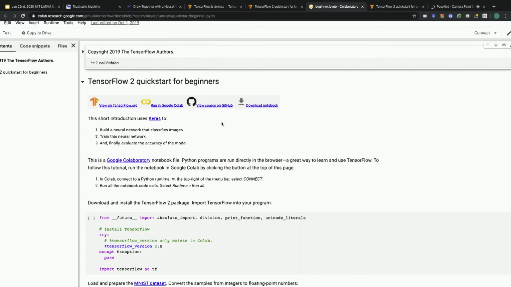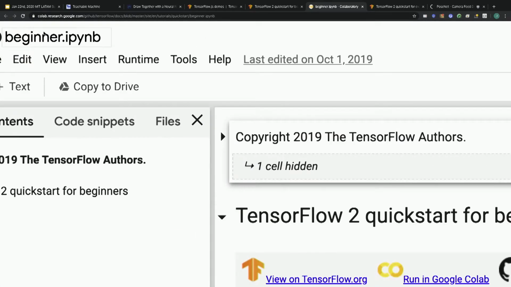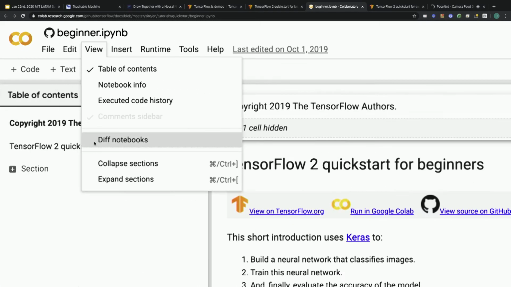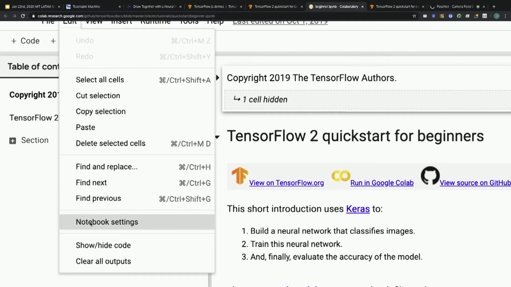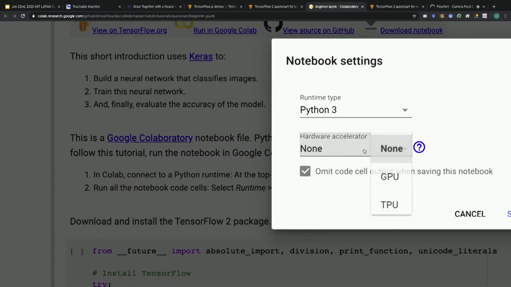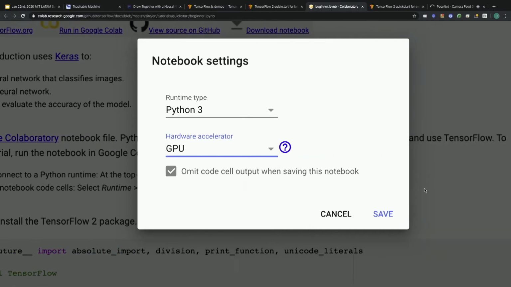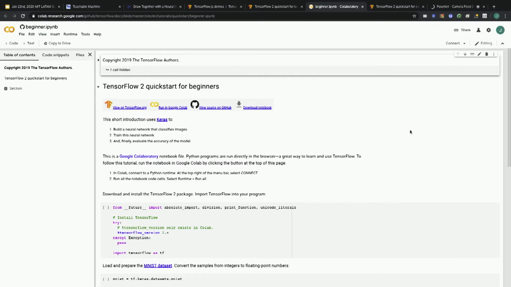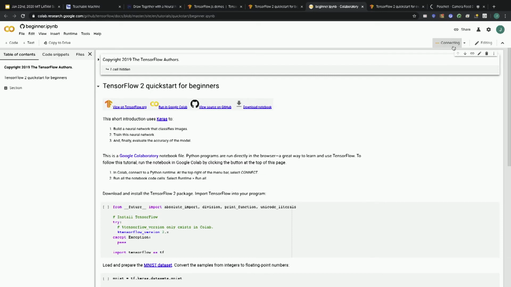And if you want a GPU, you can go to Edit, Notebook Settings, Hardware Accelerator, GPU. We also have free TPUs available, but at the moment, TPUs require a small amount of code changes, where GPUs just work perfectly with TensorFlow 2. So you pick a GPU, you hit Save, connect, and you'll be connected to a virtual machine on Google Cloud with a GPU where you can run this code.